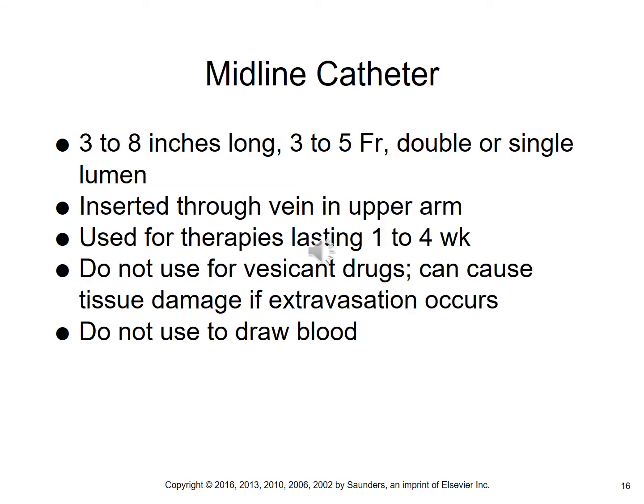Okay, so midline catheters. Midline catheters are 3 to 8 inches long, about a 3 to 5 French. They can be a double or a single lumen. Things that you got to think about with a midline catheter is it almost looks like a PICC line, but it is not a PICC line. It goes into the basilic vein at the antecubital fossa space. Oftentimes, this midline catheter is utilized because the patient needs treatment for 1 to 4 weeks. But in your book, it does state that there's no recommendation over the optimum dwell time for this actual catheter, but